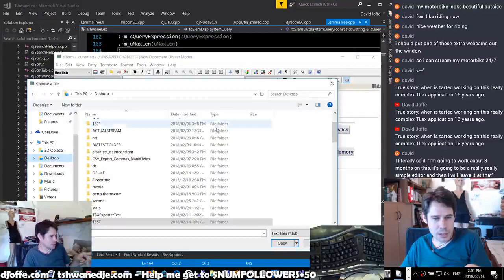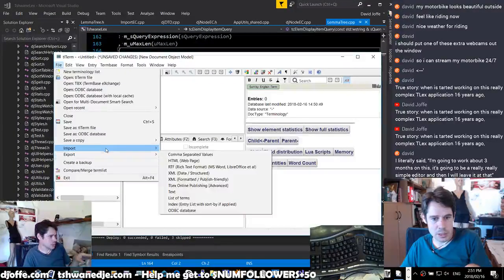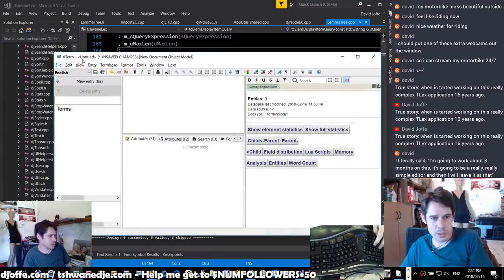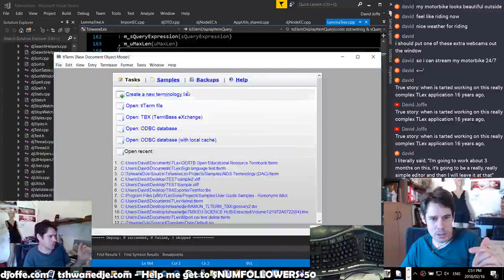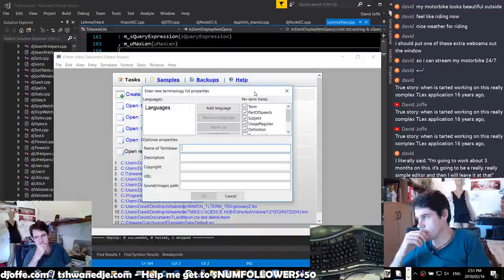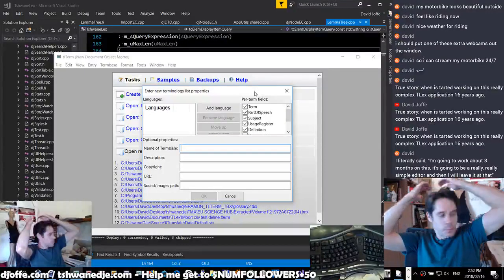So why can't that just not be grayed out when you don't have a document open? If you don't have a document open, it pops this up, and then goes on to the import CSV step. Or no, yeah, it must be that way around, because